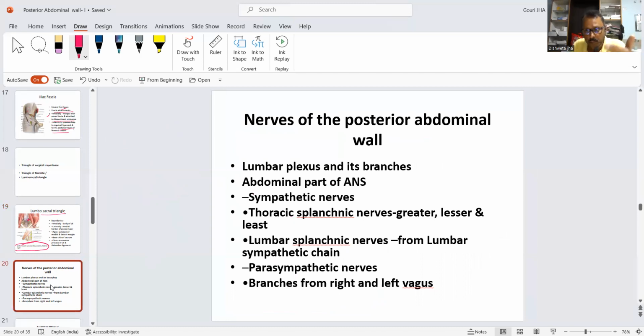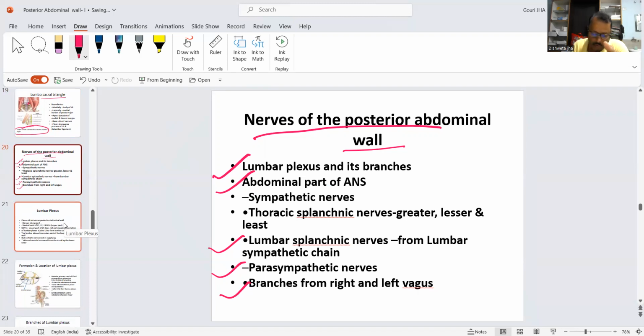Now coming to the important topic, the nerves of the posterior abdominal wall. We will see which nerves are important in the posterior abdominal wall. These are the lumbar plexus, then the abdominal part of the autonomic nervous system: sympathetic, including the thoracic splanchnic nerves, greater and lesser, and then the lumbar splanchnic nerves; and parasympathetic, the branches of the right and left vagus. So coming to the lumbar plexus,